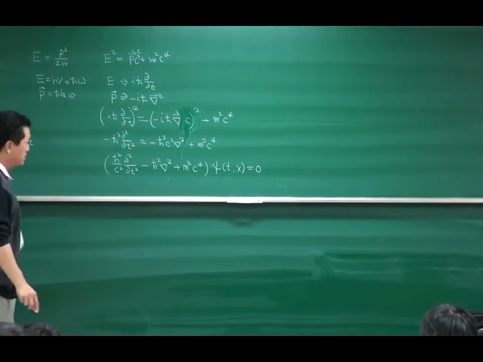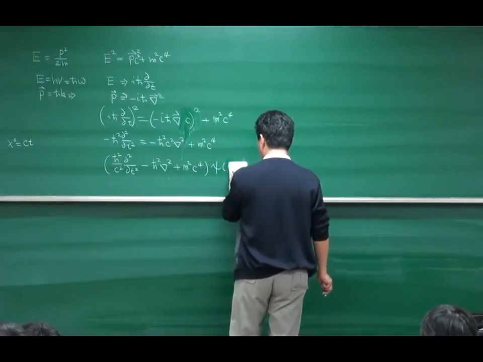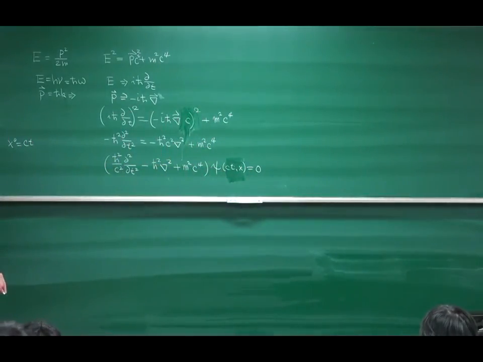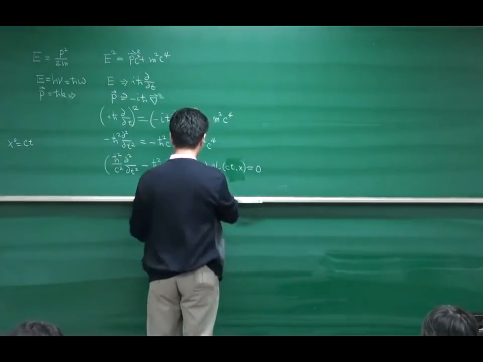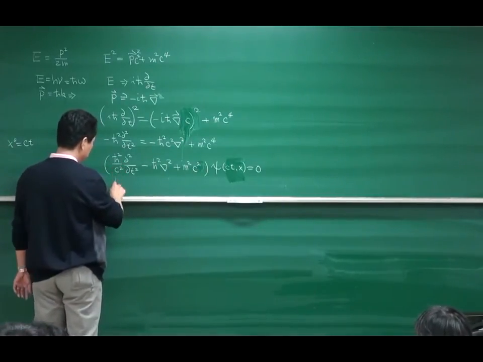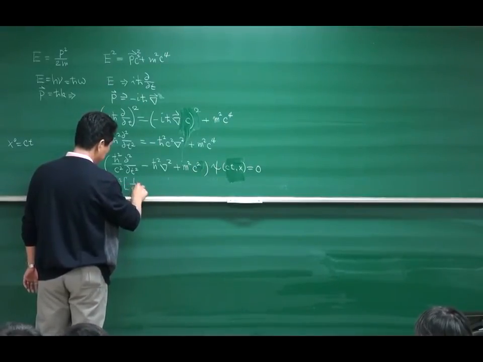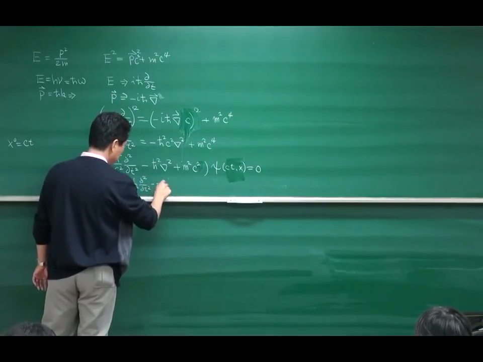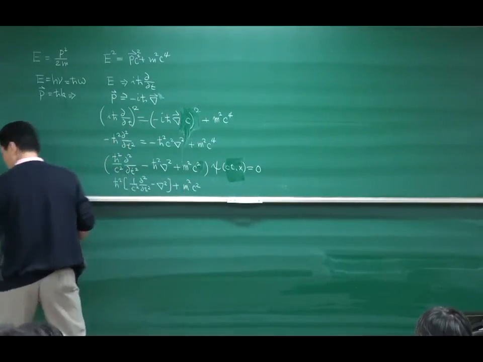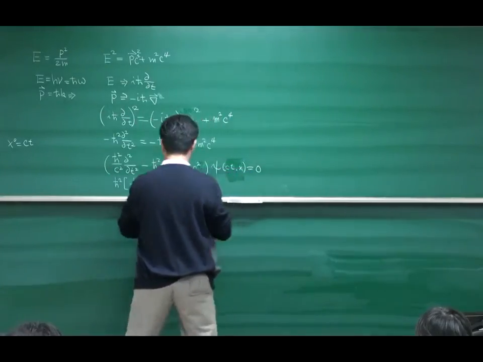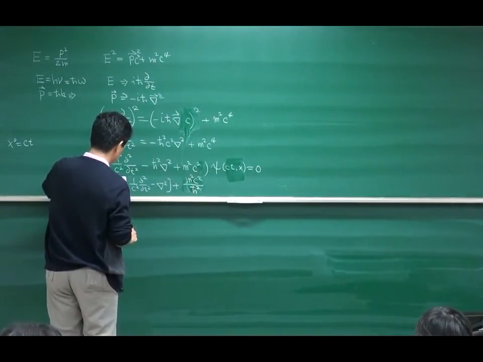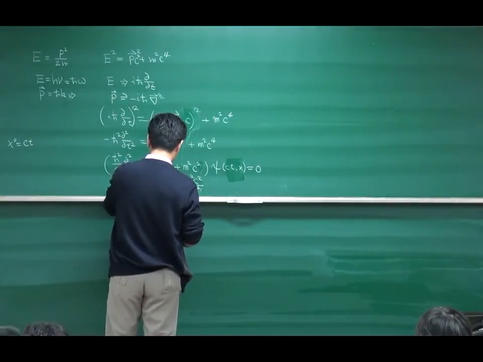And because we want to construct a relativistic wave function, it's better to use ct, x, squared. Okay. I can pull this h bar squared out. Then I have, why don't we divide both sides by h bar squared? Then